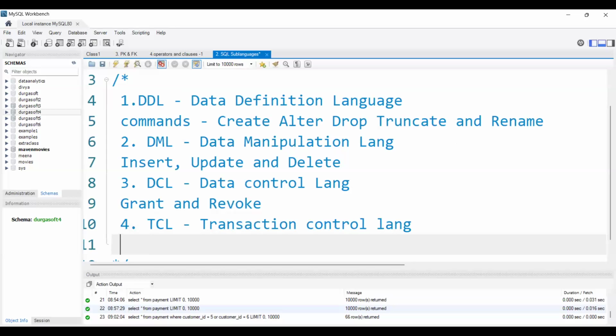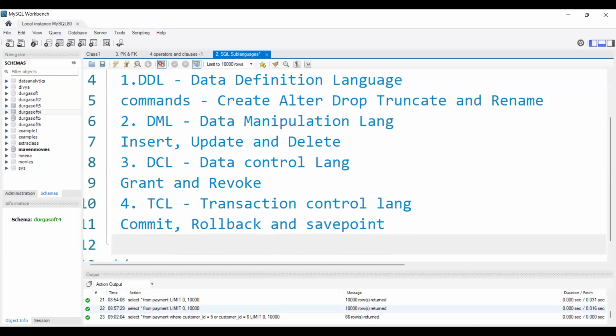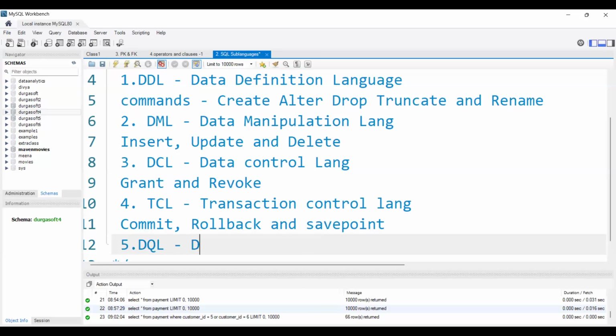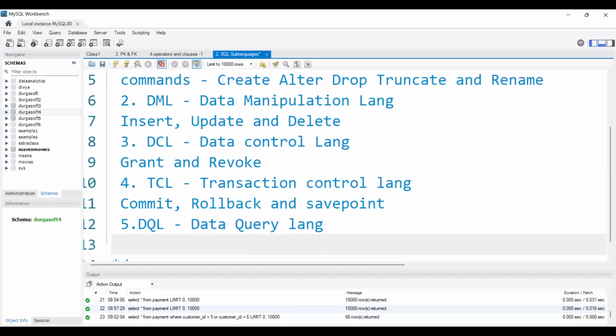And the commands that come under TCL are commit, rollback and save point. Next we have DQL, that is data query language. And the only command under DQL is the select command, which we already saw.